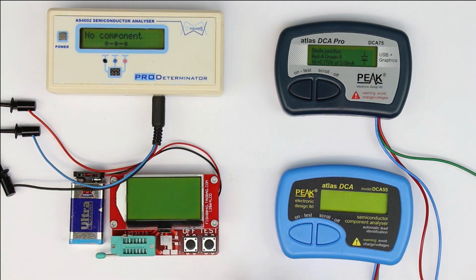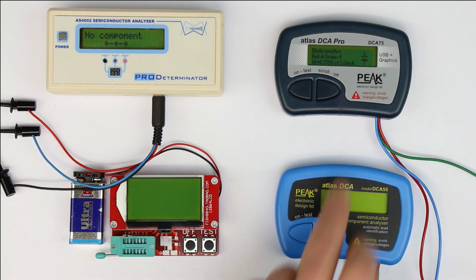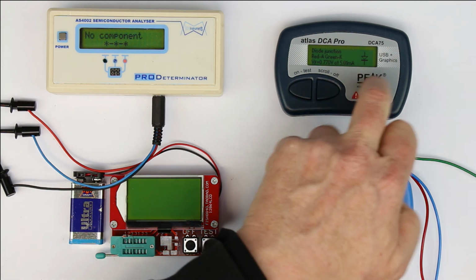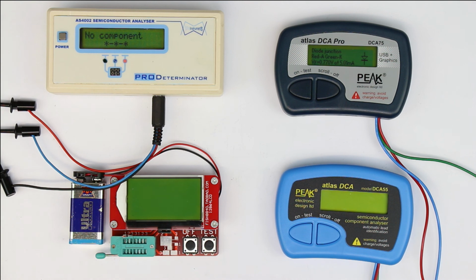to make a summary concerning Zener diodes: for low voltage Zener diodes, the fish is okay. The cheap Atlas DCA55 is, well, moderately okay. And the DCA75, at least up to, I think it's 12 volts, is the limit of how large the breakdown voltage can be measured. It's, well, it's okay. I would give it half or 3/4 of a point. 1 point it would only get if it could measure up to 30 or up to 50 volts breakdown voltage,